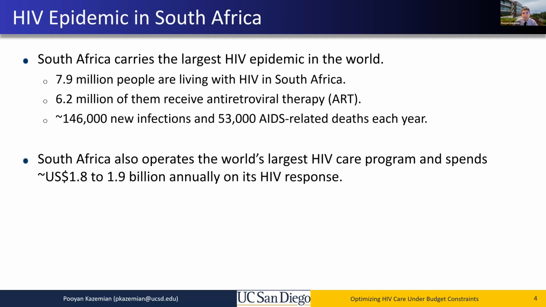So let me tell you a little bit about the HIV epidemic in South Africa. South Africa carries the largest HIV epidemic in the world. 7.9 million people are living with HIV in that country, with 6.2 million of them receiving antiretroviral therapy or ART. Roughly 146,000 new infections are reported in South Africa, with 53,000 AIDS-related deaths every year. South Africa also happens to operate the world's largest HIV program and spends north of $1.8 billion annually on their